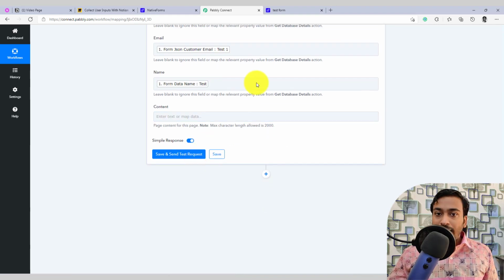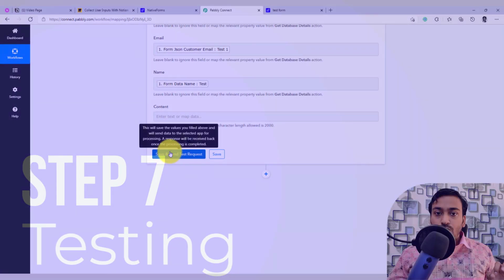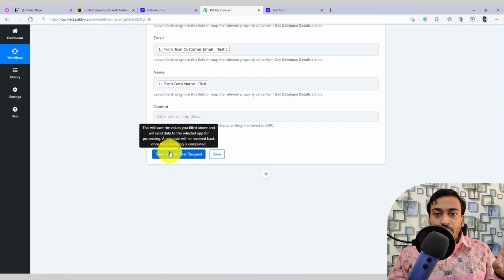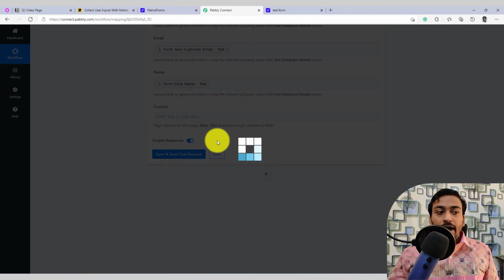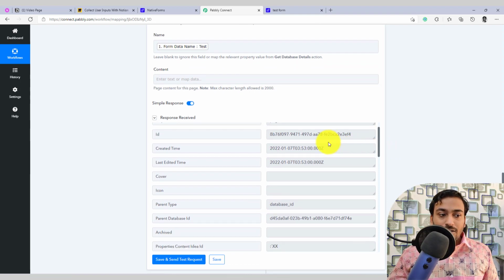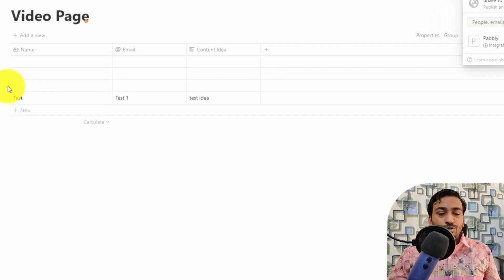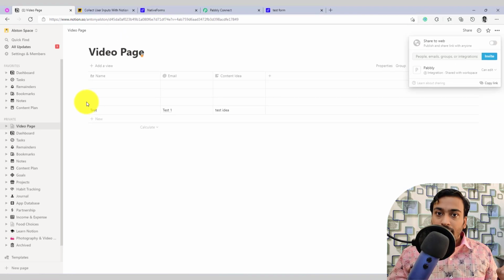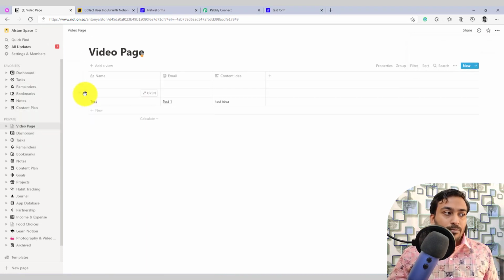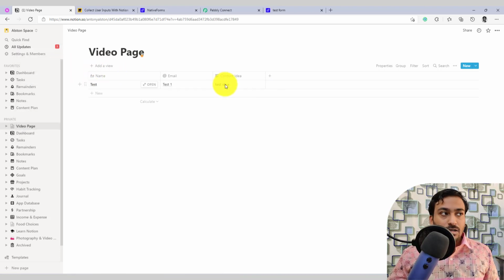In this case, I'm just going to leave this as it is, and I'm going to save and send a test request to Notion. I want to make sure this particular data which I have created actually went into my Notion. So click on this, and if it's a success, I should see a success message here. You can see it has created a response, and I don't need to view this. If I go directly into my Notion, I should see a brand new entry automatically added into my Notion account. Let me delete these empty properties. These were automatically created for some reason, but hereafter it won't create them again whenever there is a new form submission.